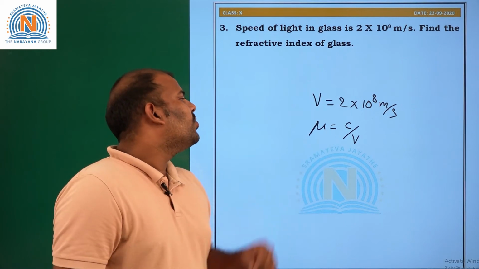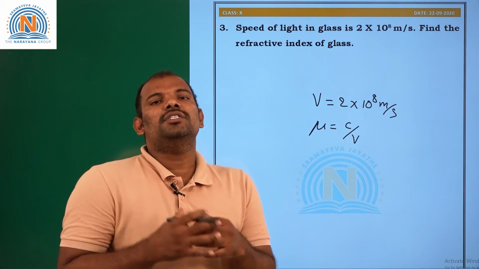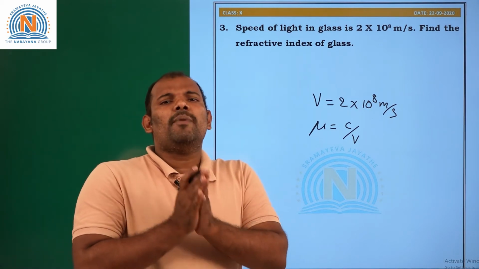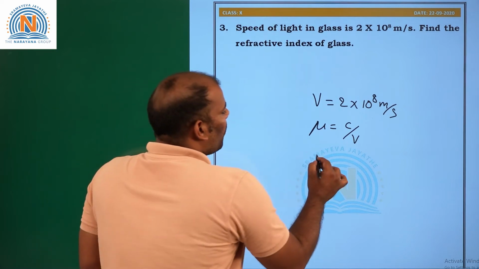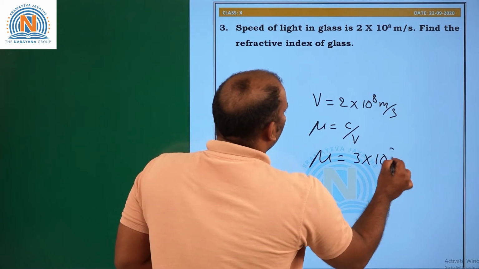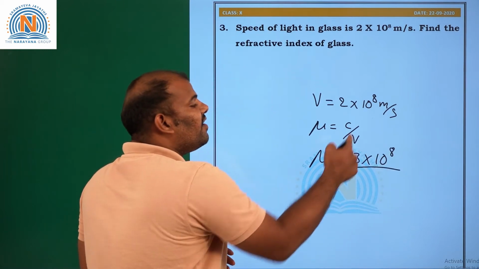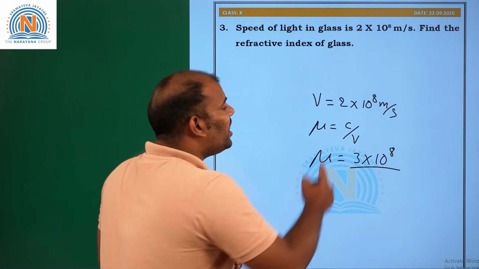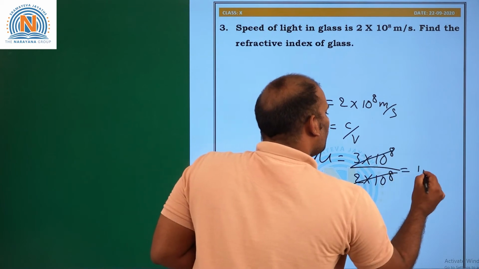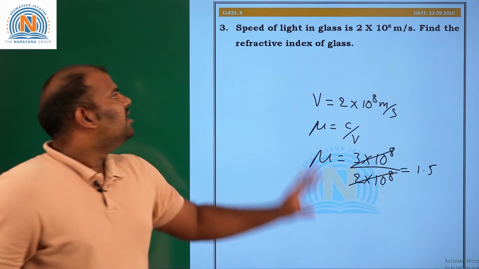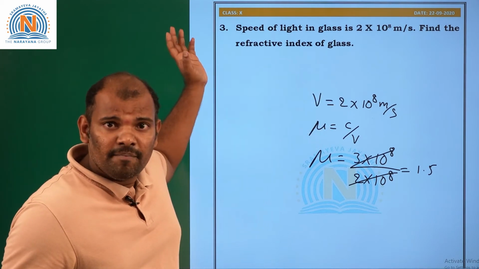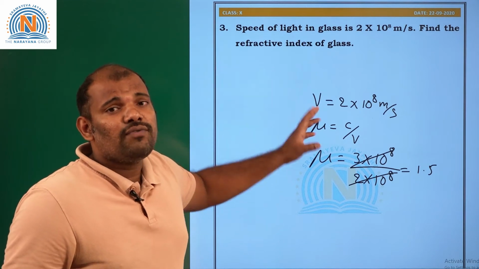Don't worry, here you know the value of c. C is constant, that is velocity of light in vacuum is constant, that is equal to 3 into 10 power 8 meter per second. So now refractive index mu is equal to 3 into 10 power 8 over velocity of light in medium, v is nothing but velocity of light in medium, that is 2 into 10 power 8. So here finally you get 1.5. This is the refractive index of glass. If you have any doubt, refer question number 1. There you have refractive index of glass.